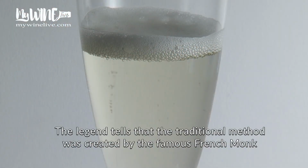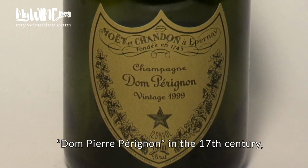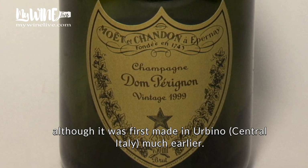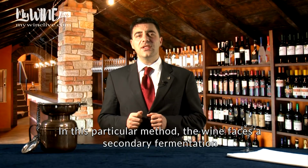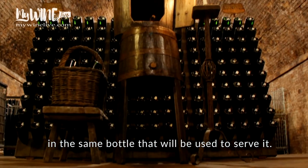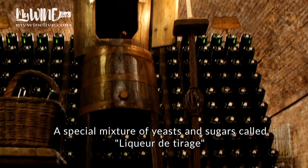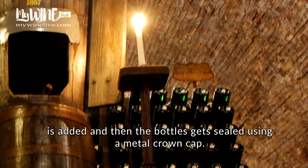The legend tells that the traditional method was created by the famous French monk Dom Pierre Pérignon in the 17th century, although it was first made in Urbino, central Italy, much earlier. In this particular method, the wine undergoes a secondary fermentation in the same bottle that will be used to serve it. A special mixture of yeasts and sugars, called liqueur de tirage, is added and the bottles get sealed using